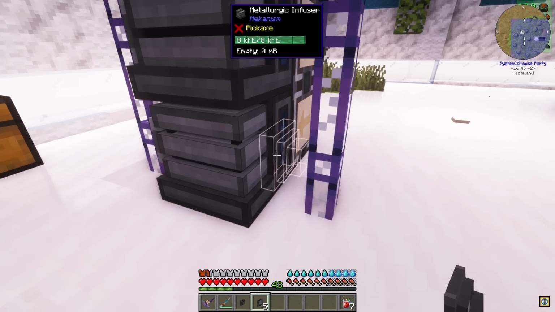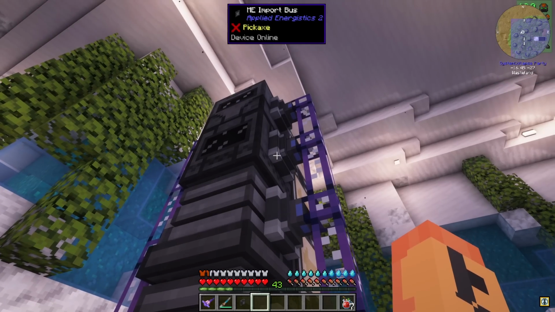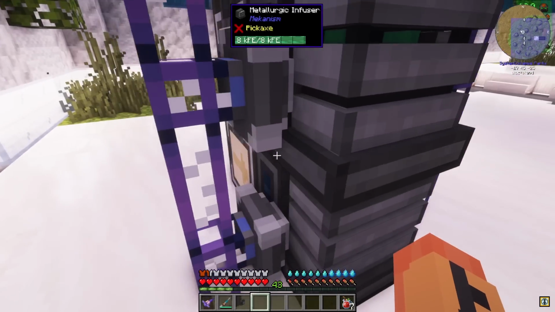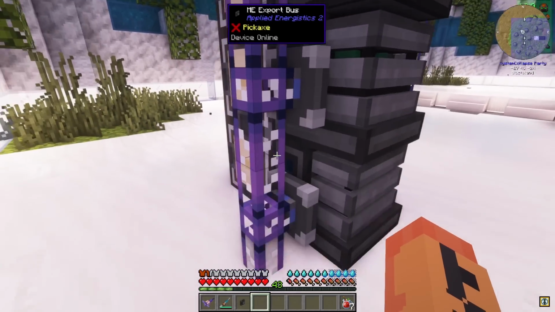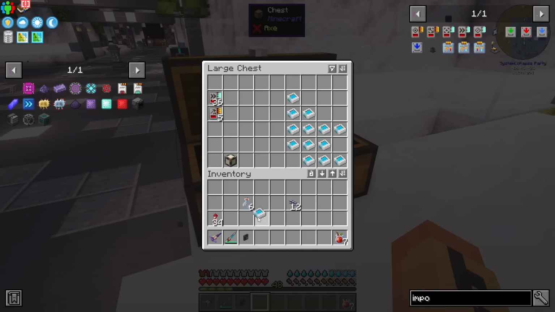But then I realized I actually have all the buses on the opposite sides of where they should be. So I want the import buses on the import side, and the export buses where we're going to export the materials into the machine, right? So have that configured correctly now. That may work properly. So let's go ahead and grab actual recipes. This one here is going to be for the